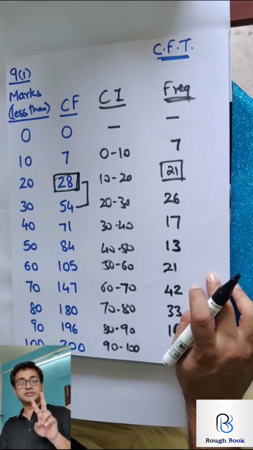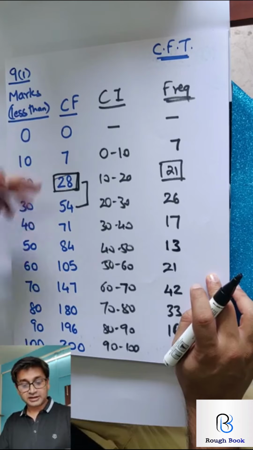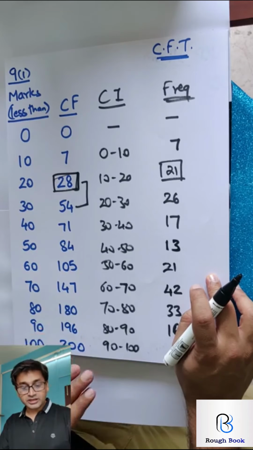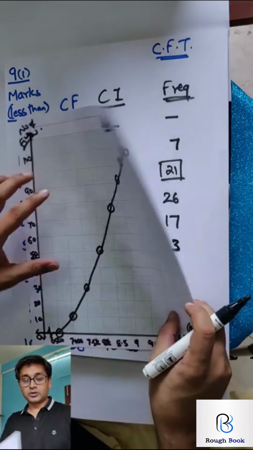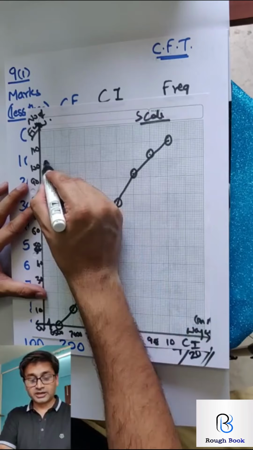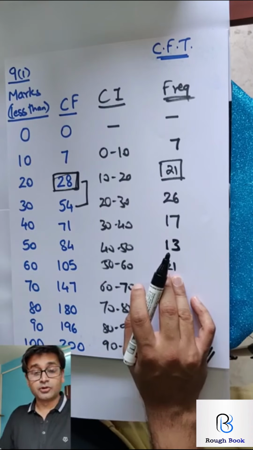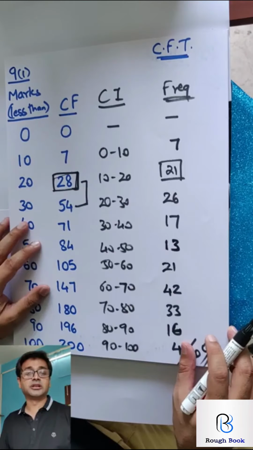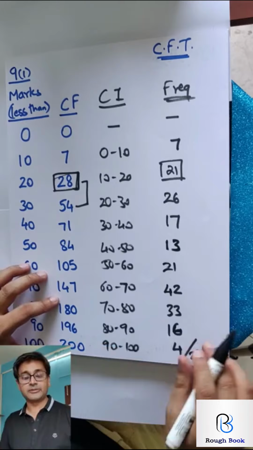Now cumulative frequencies are of two types, either less than or more than. These are less than, that means you come from the top. If it is more than, you go from the bottom. If it is more than, then your graph also will not look like this. It will look the other way down. It will look like this probably. This is a more than graph. But luckily for your board syllabus, you don't have the more than graph, you just have the less than graph. So 9 part 2, you can cancel it. Such a type will not come.